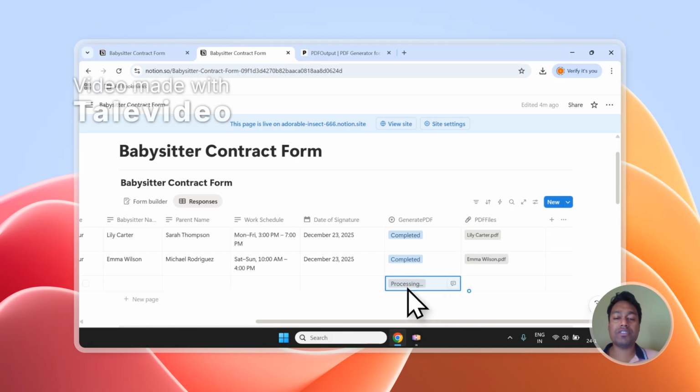And as you can see, it has started processing this document and it will soon be converted to PDF right within the database. That is how the power of PDF